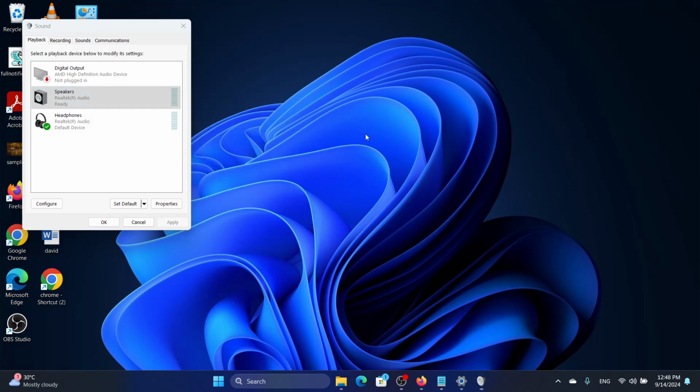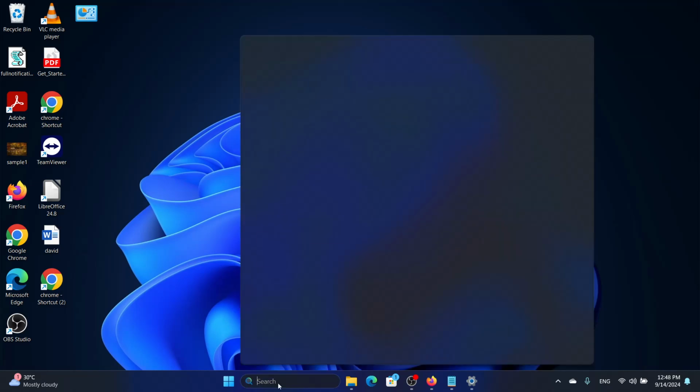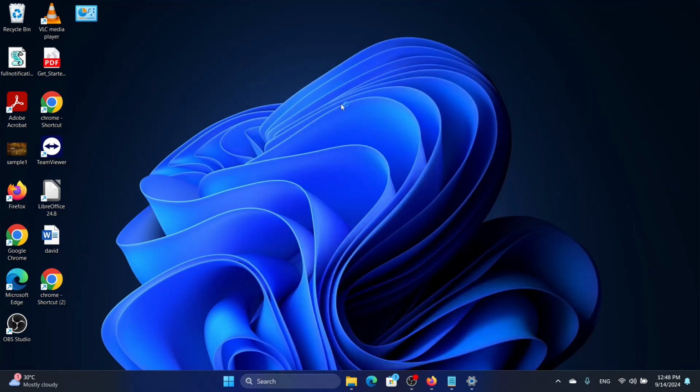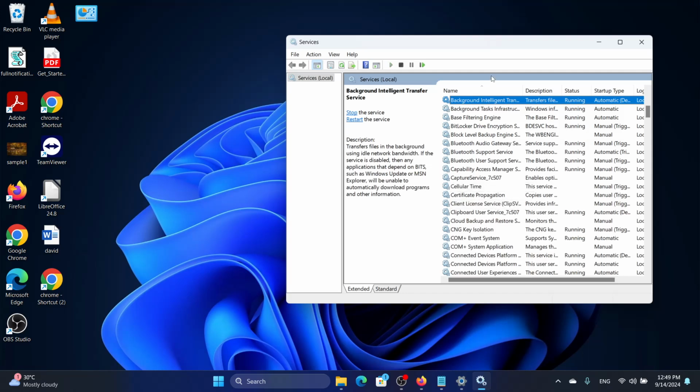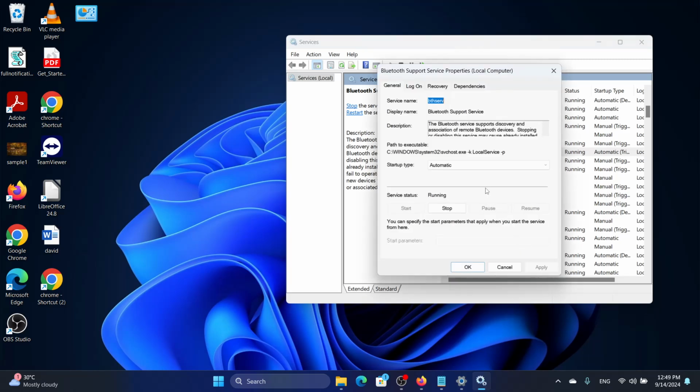So once that is done, click on apply, click on OK, and we need to restart the Bluetooth support service. So look for services. Now this is arranged alphabetically, so press the B key to find it fast, and then right click on Bluetooth support service, click on properties, and then